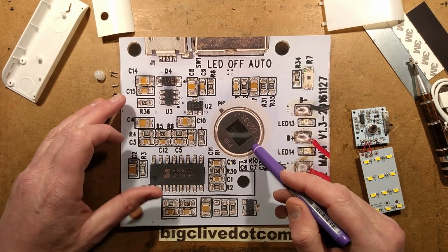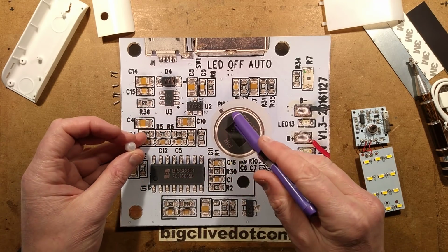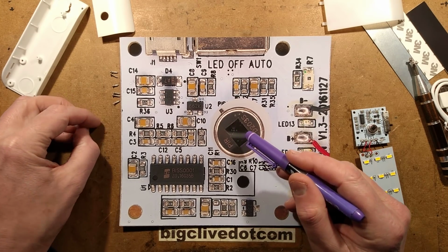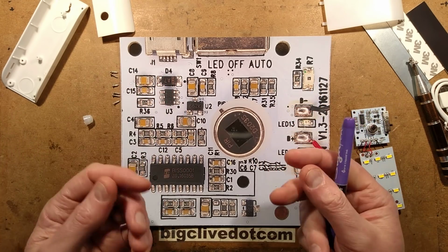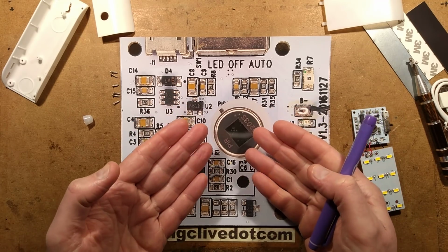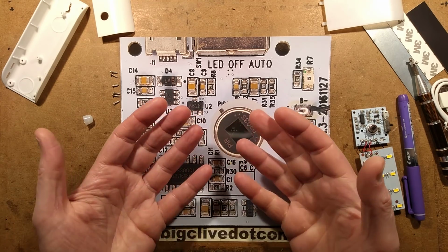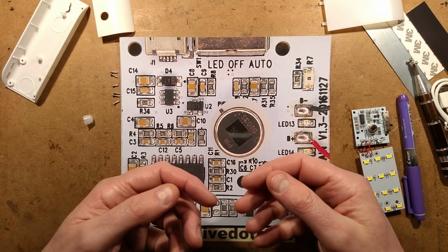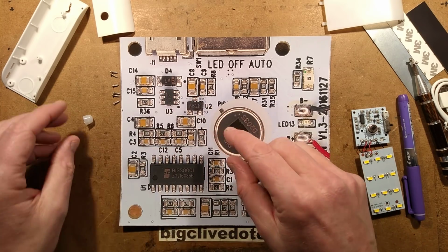This is the infrared sensor. The reason this looked as though it was on at a funny angle is because it's to match the angle of the sensor window. These devices have two pyroelectric sensors. They detect long-wave infrared, the heat that your body gives off. It's almost like a 2-pixel infrared thermal imaging camera. It can see those 2 pixels, but it compares them to each other inside, so that it rules out all the background infrared. It doesn't matter what temperature the room is. Because they're both the same in a normal ambient environment, they'll be pretty much matched, and it rules them out. When you walk past...